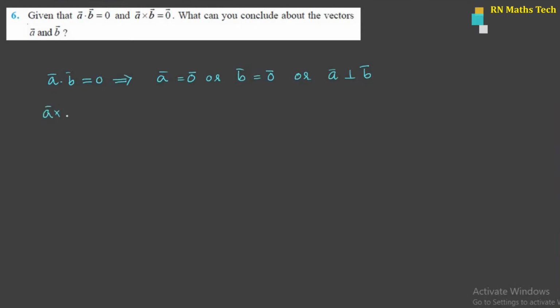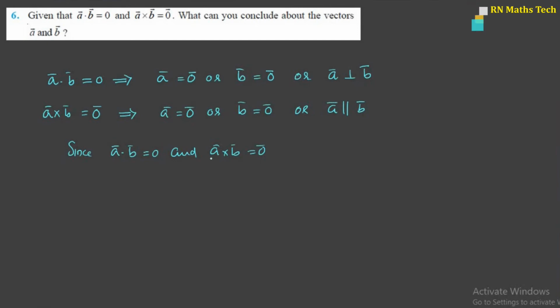Now a bar cross b bar equal to 0 bar implies either a bar equal to 0 bar or b bar equal to 0 bar or a bar parallel b bar. Okay, since we are given a dot b equal to 0 and a cross b equal to 0 bar, we have then either these conditions,